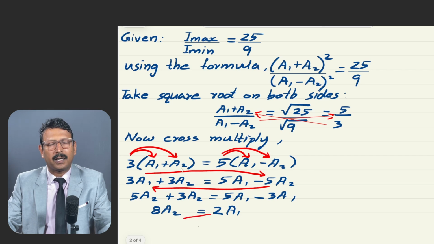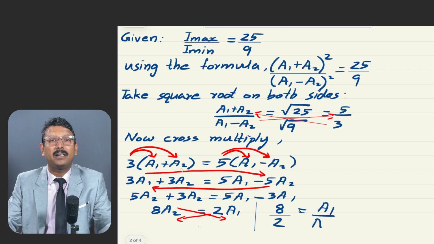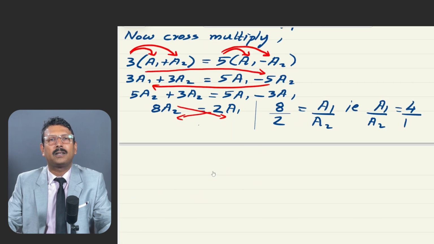Now do cross multiplication again. Then you will get A1 by A2. So here you get A1 by A2 is equal to 8 divided by 2, that is equivalent to 4 divided by 1 after simplifying. So A1 by A2 is equal to 4 by 1. Remember, in the question the ratio of intensity is given. Now we are going to write the ratio of the amplitudes. So the final answer is